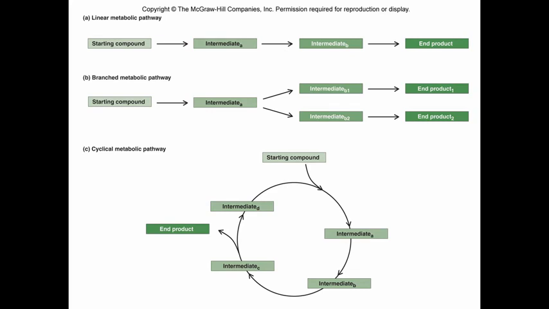And then another type of metabolic pathway is going to be a cyclical pathway, in which case you're recombining to make all of the intermediates over and over and over again. The starting material enters into this pathway and the end product pops out, but it's always regenerating over and over again, okay? Metabolic pathways inside the cell typically fall under one of these 3 components. There's multiple reactions going on at once. Keep in mind, anytime you see a little arrow, that means a chemical reaction is occurring. Every time you see one of these little arrows, that also means an enzyme is involved in the process. Going back to your chemistry. Okay?